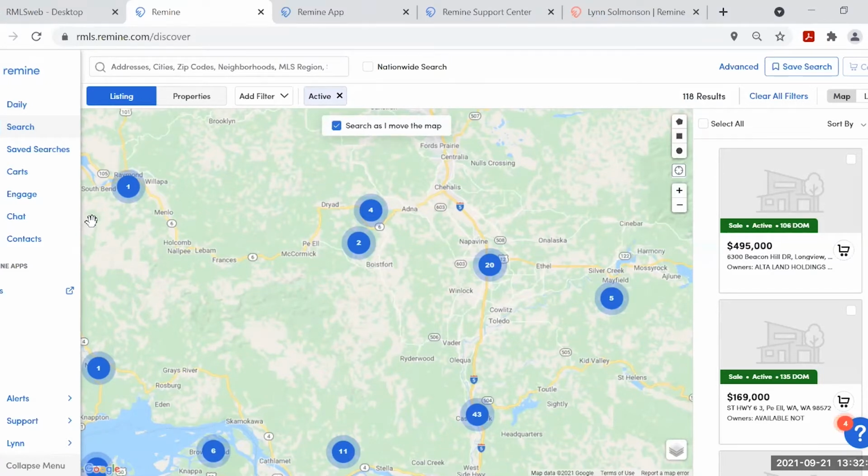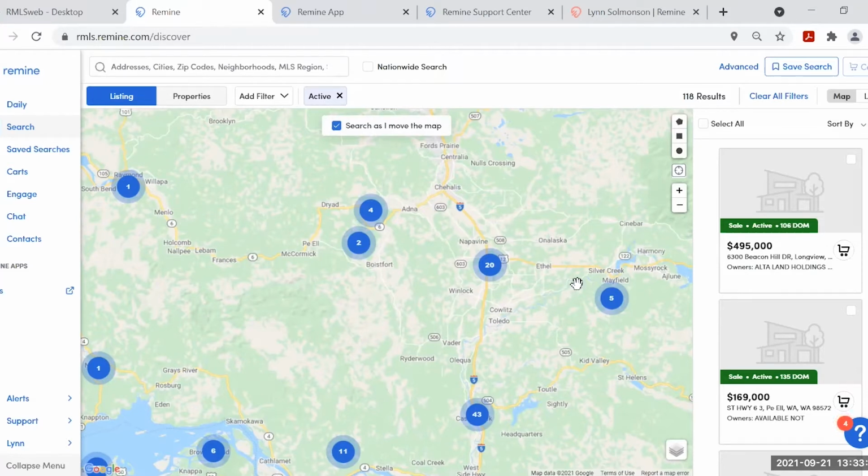Think of it as real estate mining. That is what Remine does best. The farming tool piece of it, I think, is exceptional, above and beyond the other websites that you have access to. But let's start a little bit navigating around Remine before we dig in on how to use it.